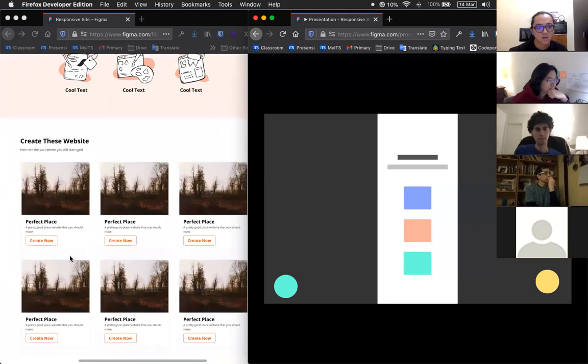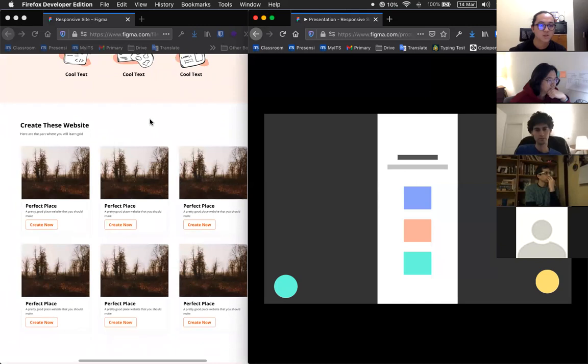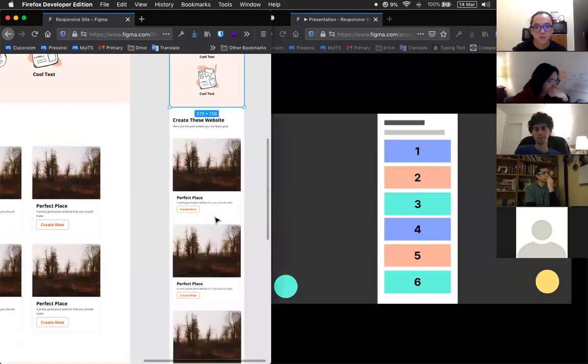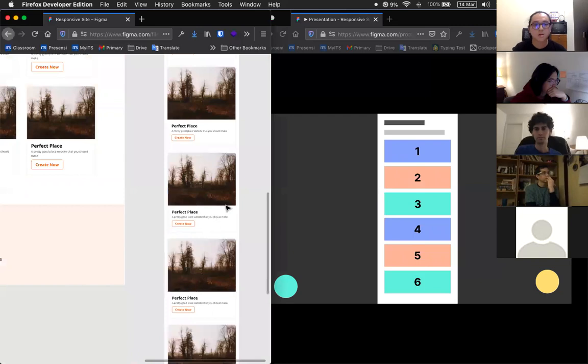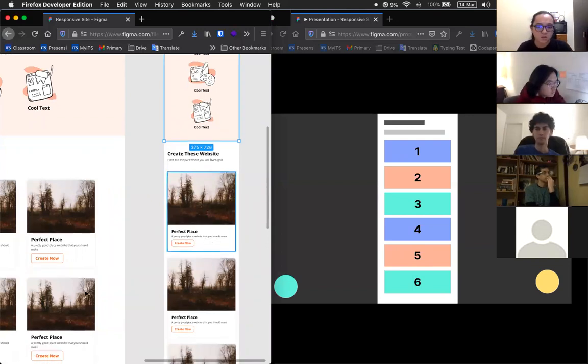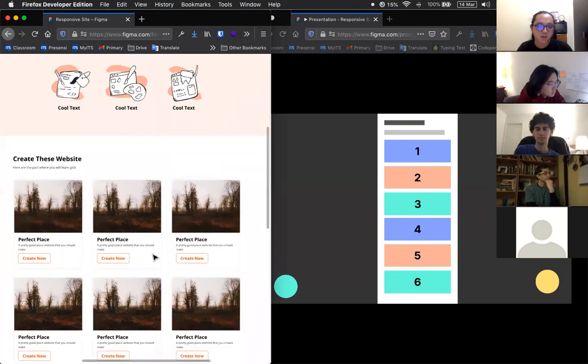Okay, this is the next one. The third section is the card section. This is like the cards. And then you have 3 by 2, 3 columns and 2 rows. On the mobile side, we see it like this one. We just stack it up because if we're using mobile, we cannot do very much. It will be very jammed and crowded. So we stack it up vertically, and then